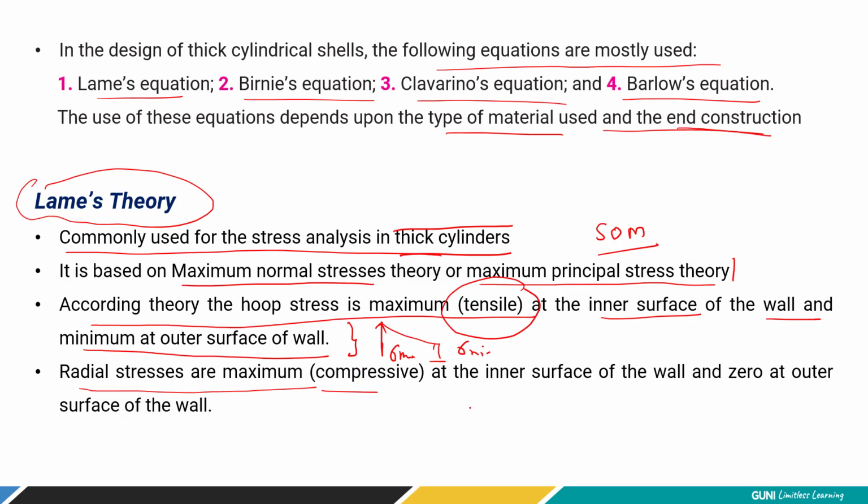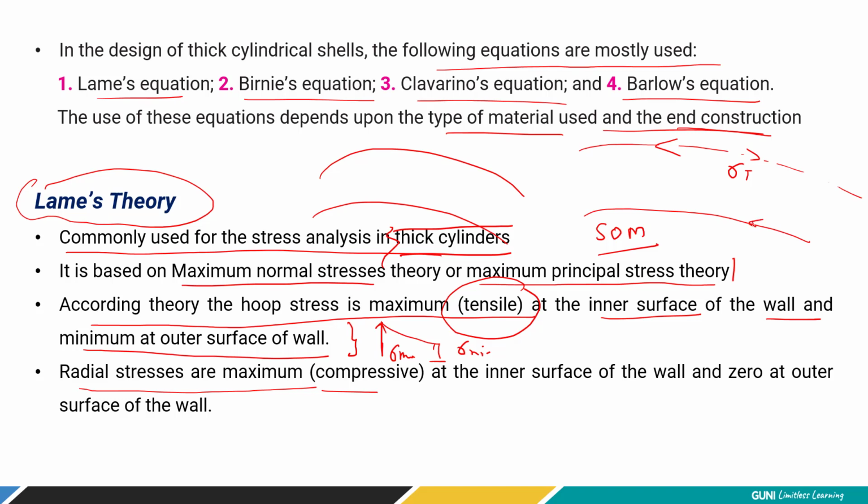Why will this happen? Imagine a balloon. When you are blowing air into the balloon, the outer surface is expanding. So how can you imagine this? Let's say this is a thick cylinder. Now because of the pressure, what will happen? The outer surface is going to expand, so it is going to be subjected to tensile stresses. But because the inner surface is thick, it is going to be subjected to compressive stresses, which we refer to as radial stresses. So these radial stresses are basically maximum at the inner portion and compressive in nature. It tries to pull it.